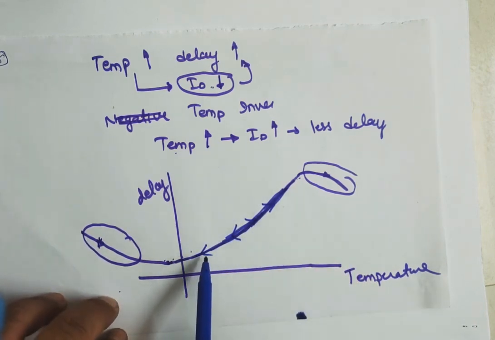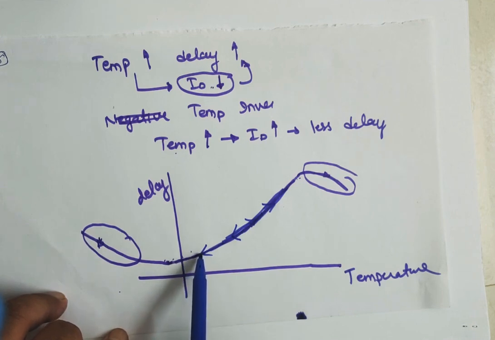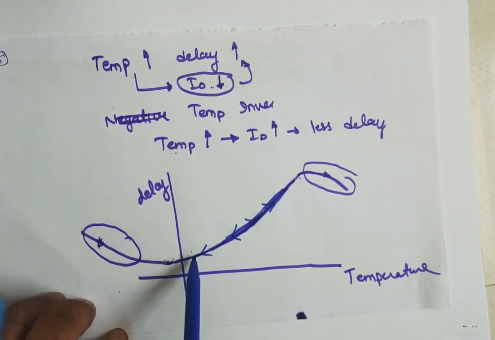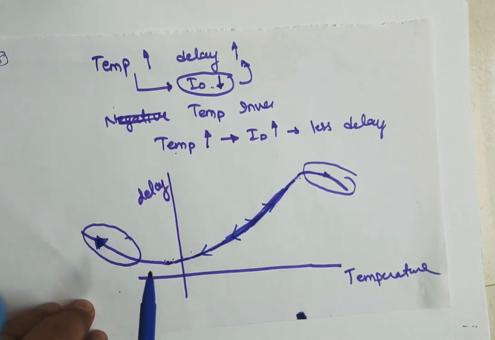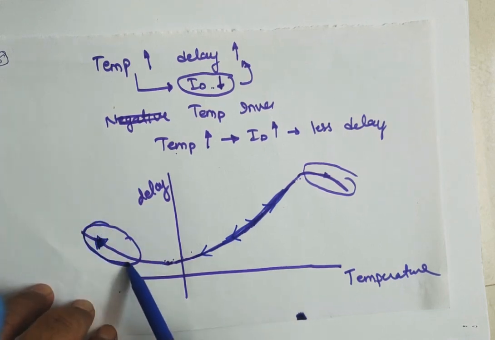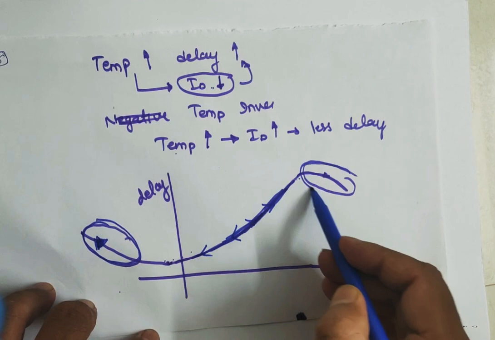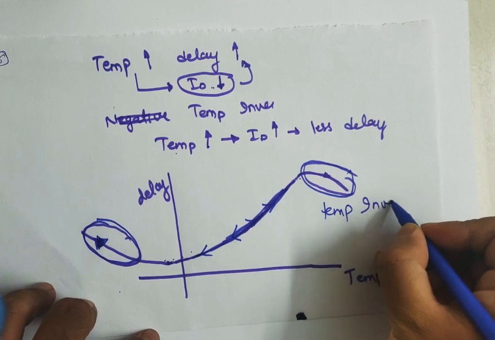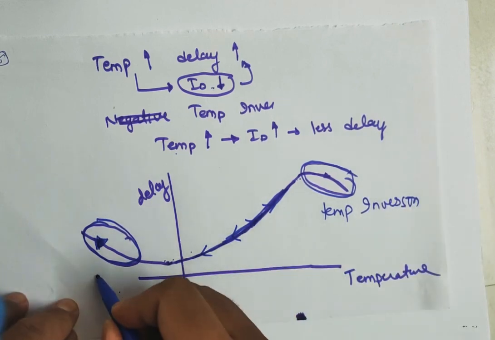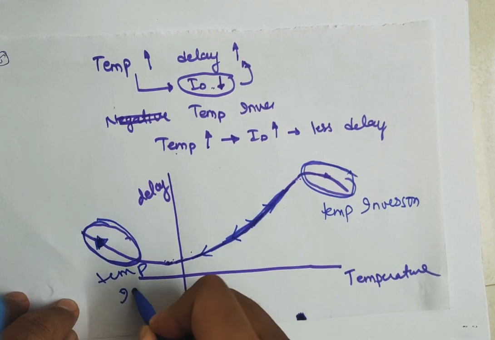What will happen if we are decreasing the temperature to very low, let's say negative? What we expect is that your delay should decrease. But at negative temperature, it will show a reverse behavior. At negative temperature, this delay used to be higher. So that thing is called temperature inversion. These two regions where the behavior is changing are termed temperature inversion. So these are the two regions where temperature inversion is coming.